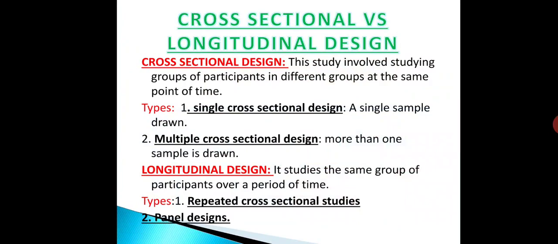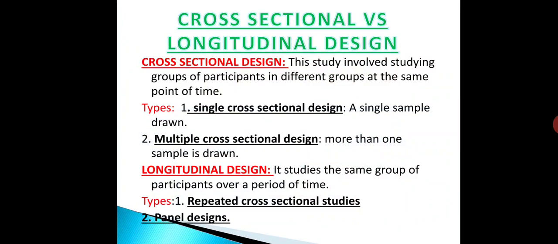Let it be made clear with the help of an example. Suppose a study on the impact of a new advertisement on buying behavior is conducted in different markets just one time, then it is a one-shot design or cross-sectional design. And when it is studied in two time periods, that is, one immediately after the display of the advertisement and another survey is conducted a week later, then it comes under longitudinal design.